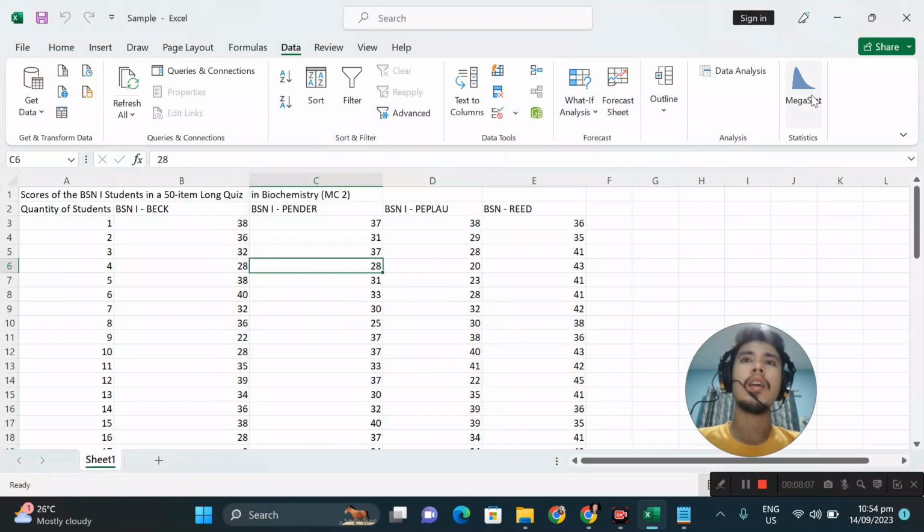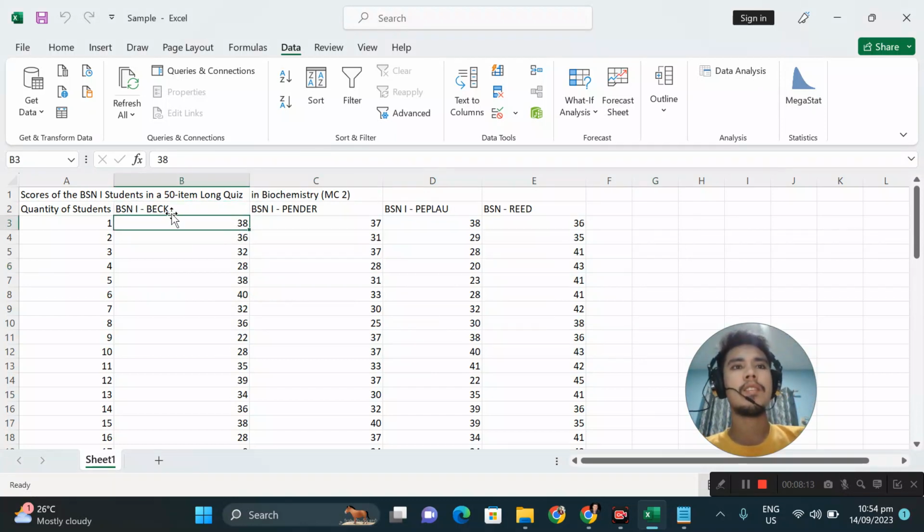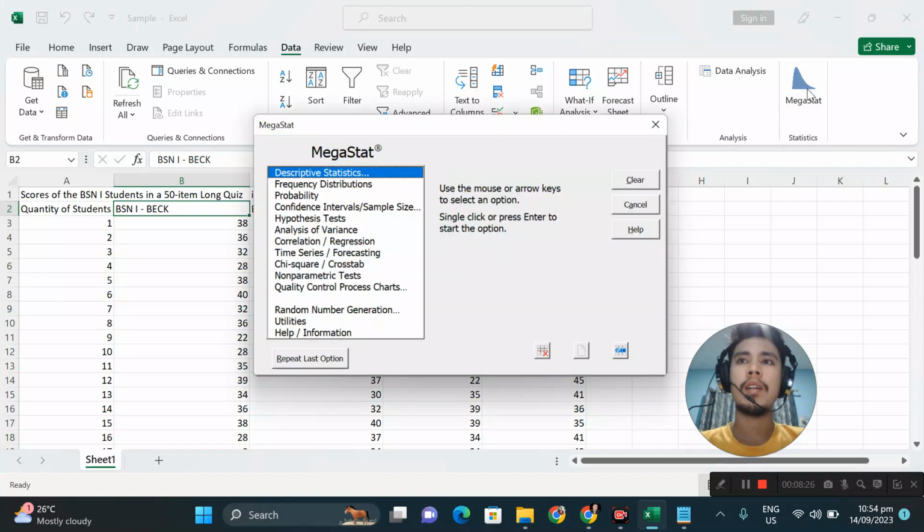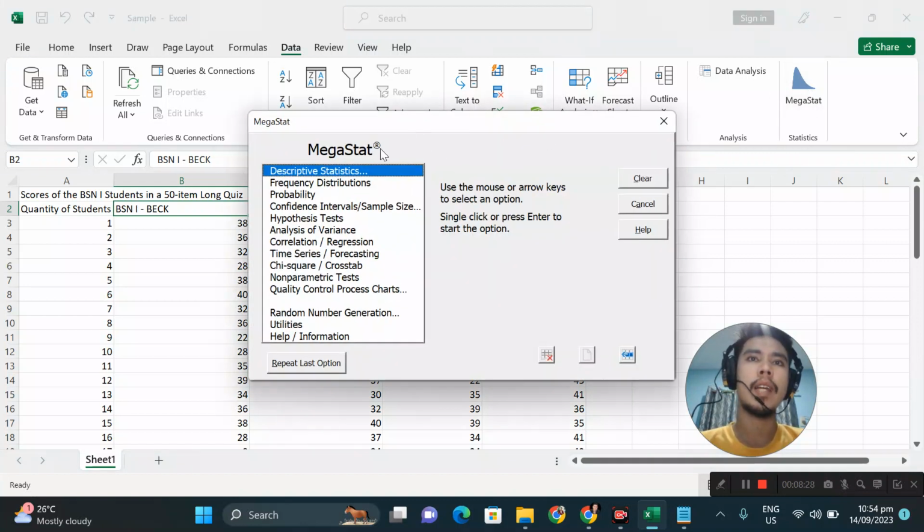Okay, so I guess I'm going to start now with my practice in analyzing this data that I have prepared for this video. First, we have to click through the MegaStat software or add-in, and then I'm going to choose